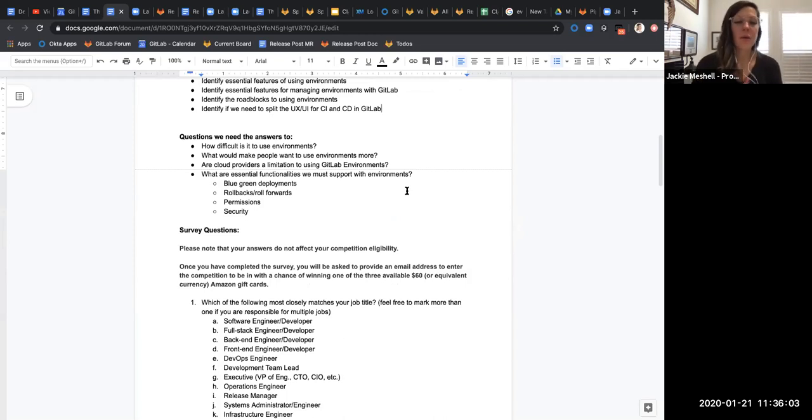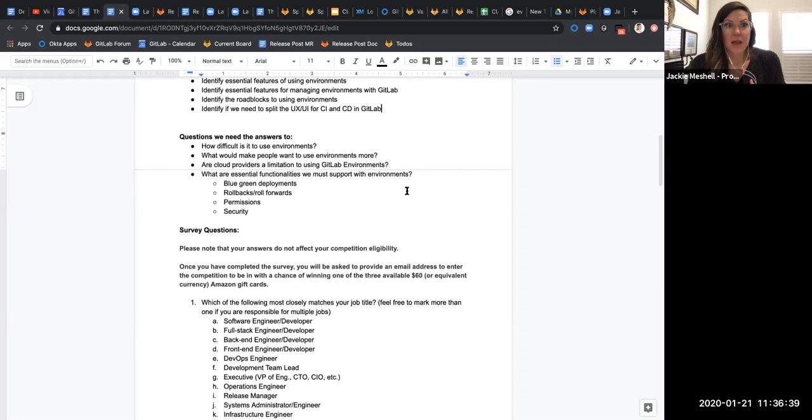We talked a little bit about this in our CI/CD PM group call today, where we were looking at progressive delivery and release capabilities as an offering for GitLab. One of the pieces that came out of it: are we not competing with customers who are using Spinnaker, or interested in using Spinnaker, or have used Spinnaker, because we don't support things like blue-green deployments or rollbacks natively? Are there other issues that are causing